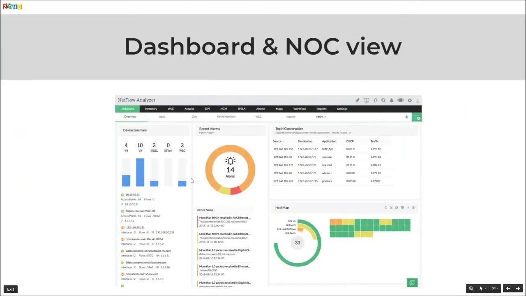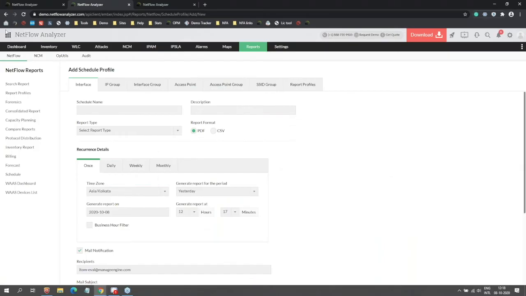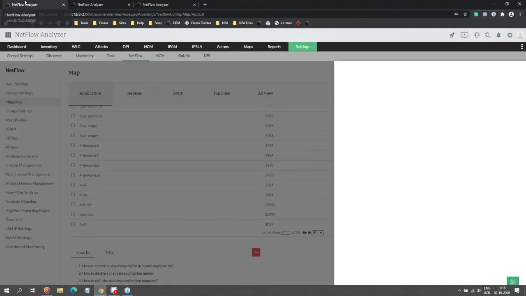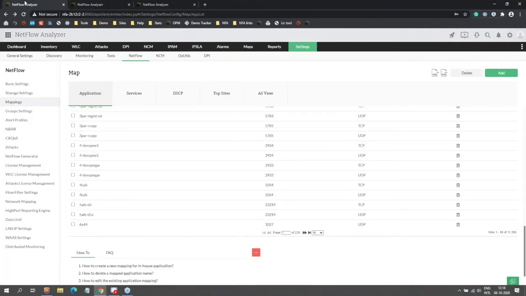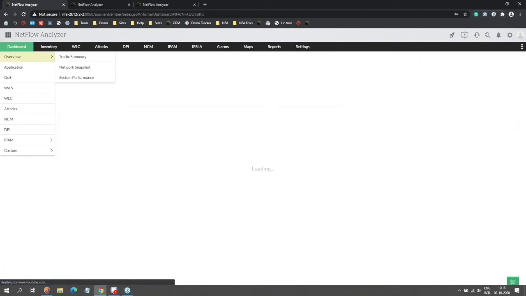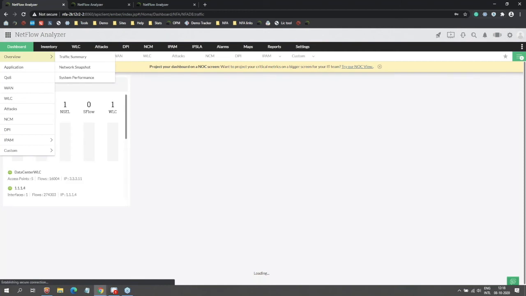This is one thing that you will actually see a lot, because when you log into the product, you're going to see the dashboard and the NOC view. Talking about the dashboard, you go to the dashboard. The dashboard is basically a single pane that shows you multiple pieces of information at one go. How is that made possible? Using the different widgets that we have. Each widget has its own purpose.